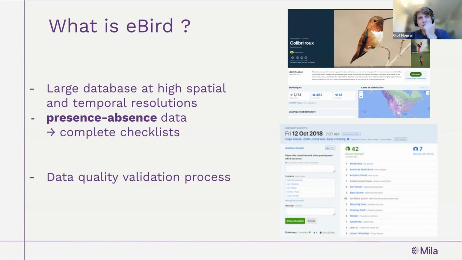A question. The absence data, isn't that very challenging to use? I mean, there could be a bird species one day, and then the next day we don't see it in that particular location. It doesn't mean it never goes there. Yeah, exactly. So this is why it's important to have multiple checklists and observations, to be able to average over time. Usually, a season is good enough because people are interested in breeding and non-breeding seasons.